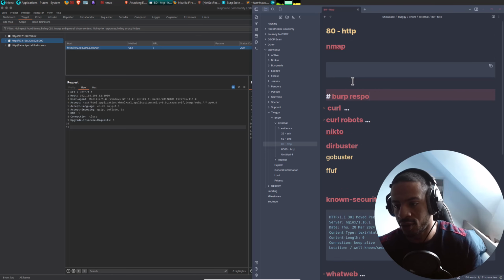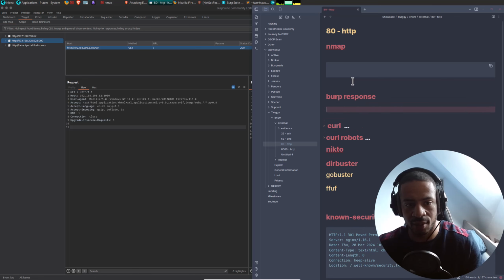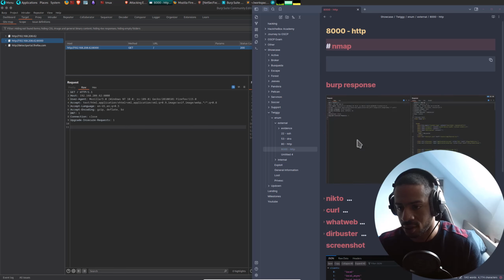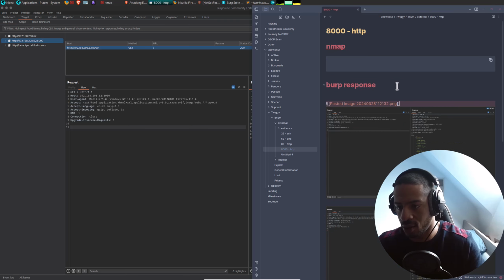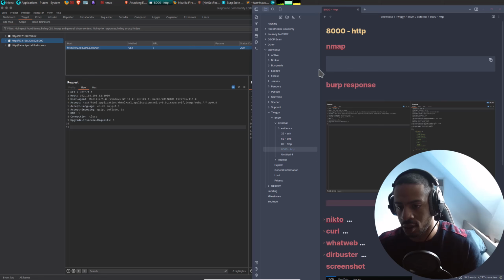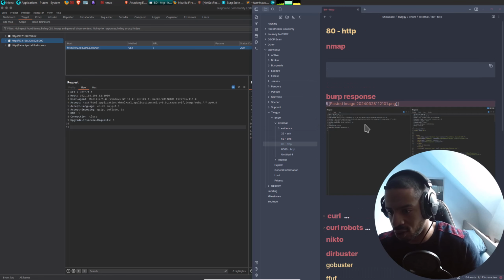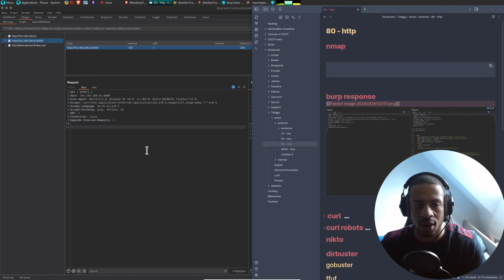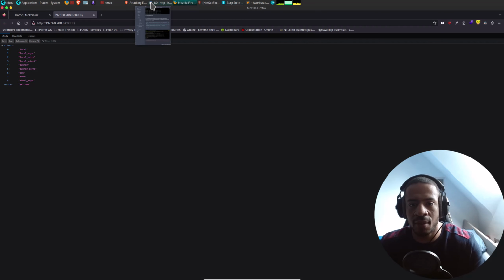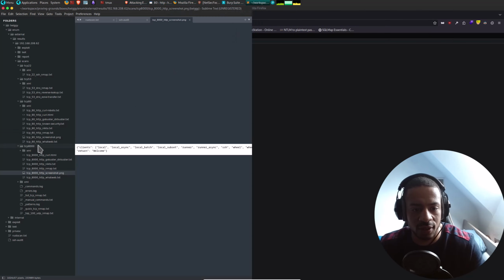So Burp response, I believe I mixed them up. Yes, I did. So this would be that one, and that would be this one. Correct? Yes. Okay. Is the Nmap scan finished?